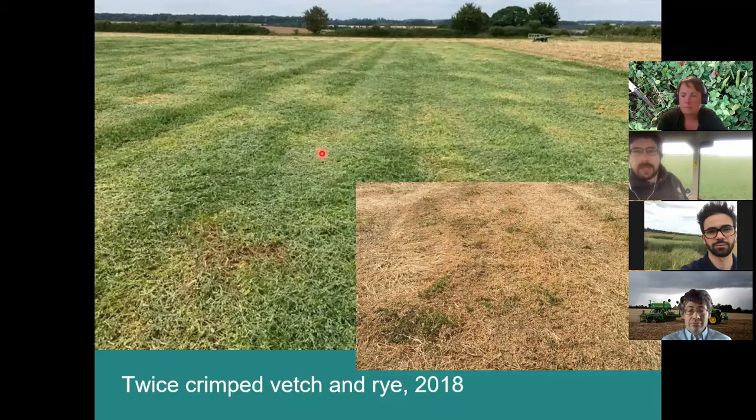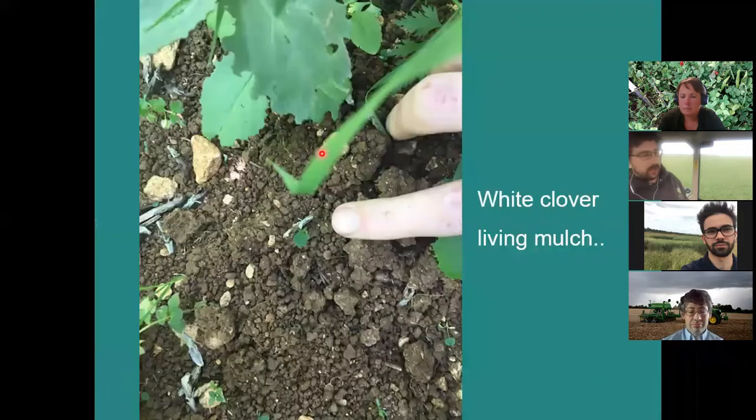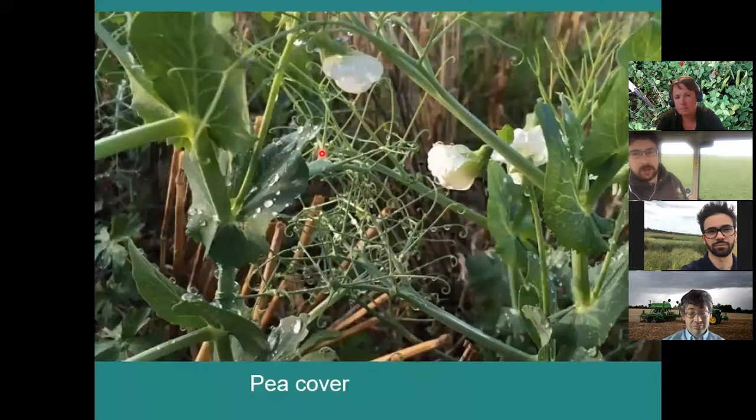So it's what we do over that period. We did play around with another cover crop after the vetch last year, which did not come as well as we hoped, because we had a very dry autumn again, which is why I've put my hope on the white clover living mulch idea now.